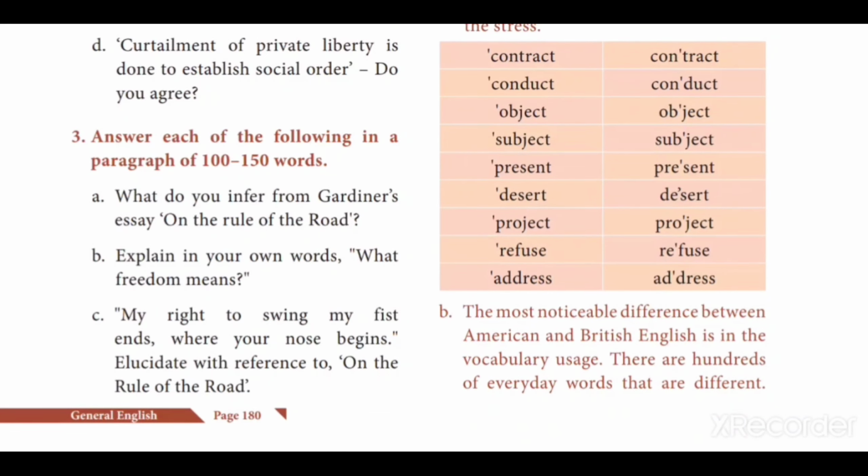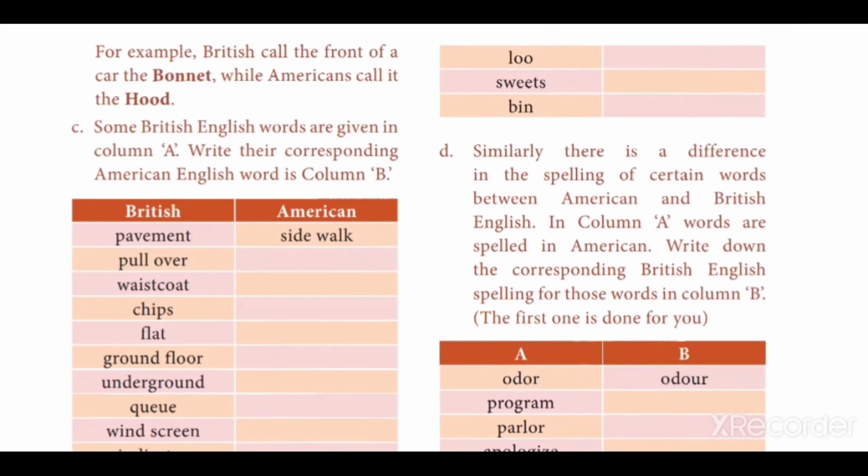What we find here is the most noticeable difference between American and British English is in the vocabulary usage. There are hundreds of everyday words that are different. And now we are moving on to the next page. For example, British call the front of a car the bonnet, while Americans call it the hood. Coming to notation C, some British English words are given in column A. Write their corresponding American English words in column B. Only one example is given: